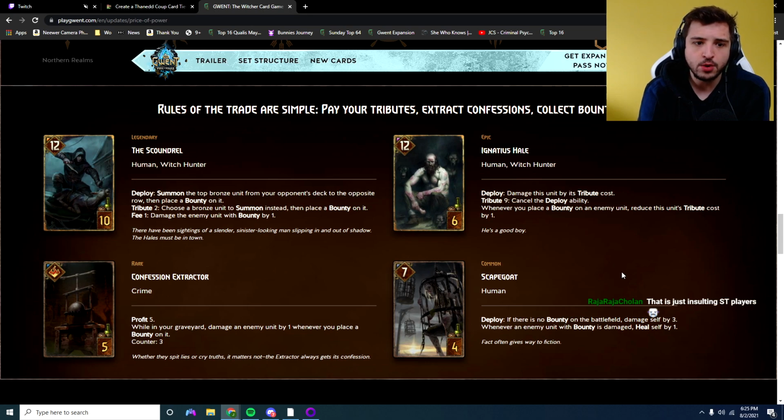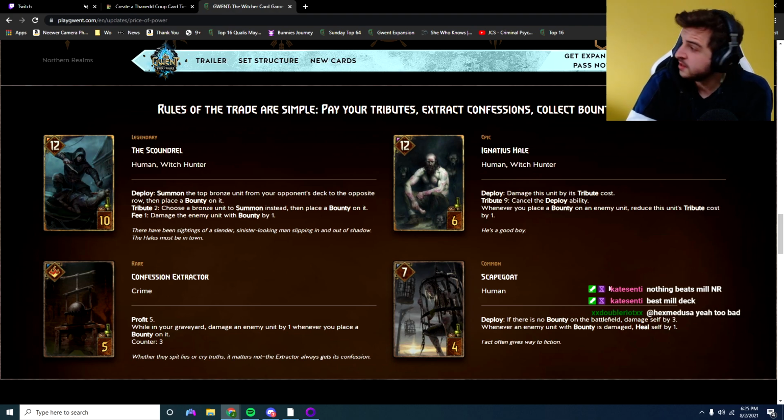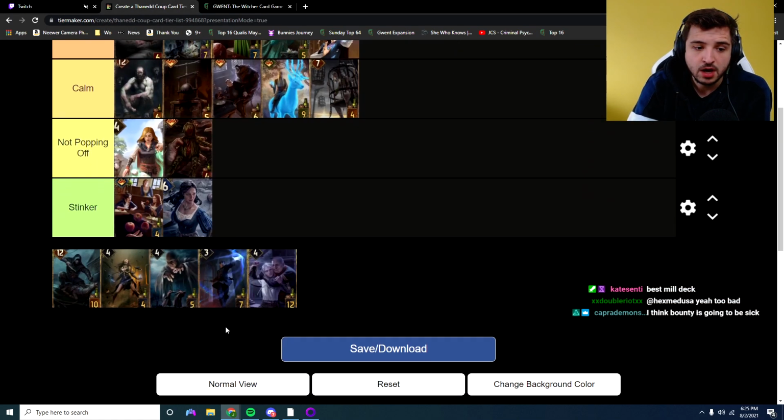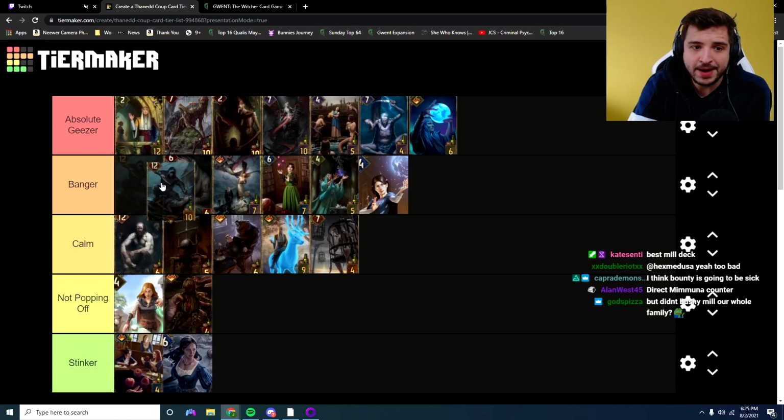So I don't know if this is just the unit you can spend with, or if any unit with bounty, this turns into a spender. So having a high-end spender kind of compares to Jacques, but it's a little bit cheaper. I really like this card. A lot of people have been worried about it, but guys, let's not forget that the faction has many other good cards with Horseman. I'm going to put the card into the banger tier